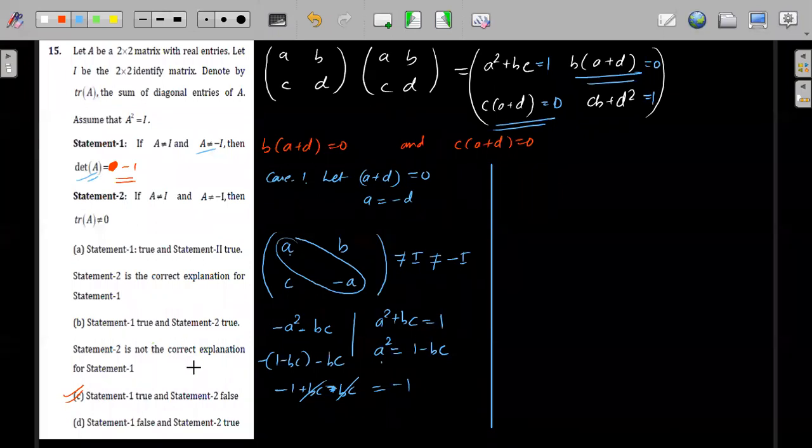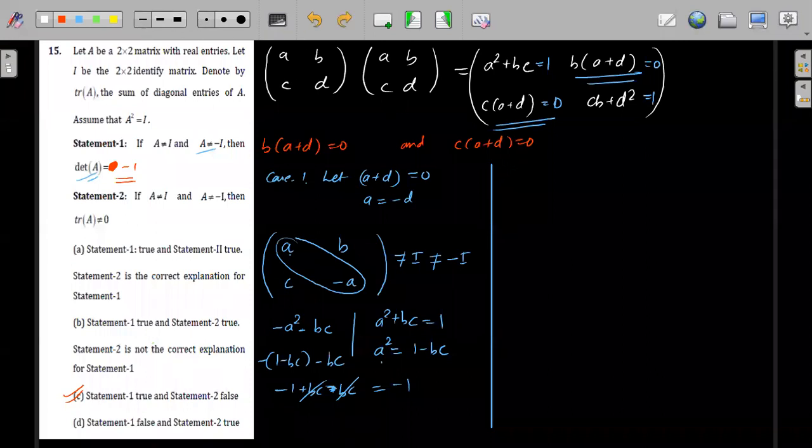If suppose they had given that statement 1 and statement 2 both are wrong, that means there could be a case where this is not happening, and then you have to check case 2 also. Might be in case 2 you will get these two statements as wrong. So now we will check for case 2 also.